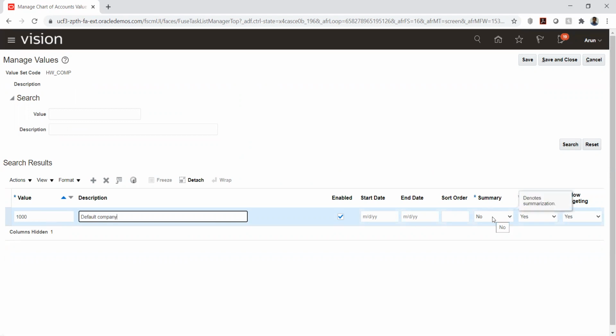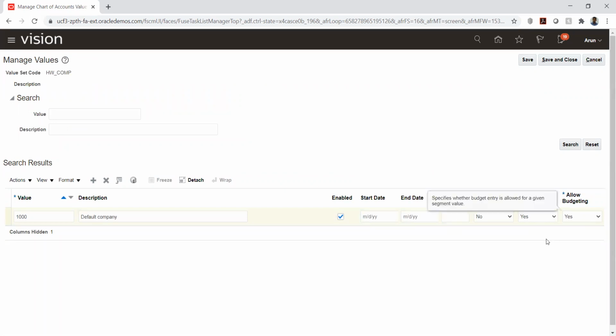One is summary, which informs the system that this is a parent value, and allow posting, allow budgeting. Unless we select this, we'll not be able to account it. If we want to avoid budgeting, we can click no. These are the options we have here. Since this is a company segment, the options are limited. For our account, we will have other parameters as well.